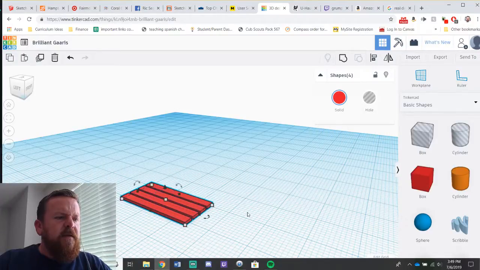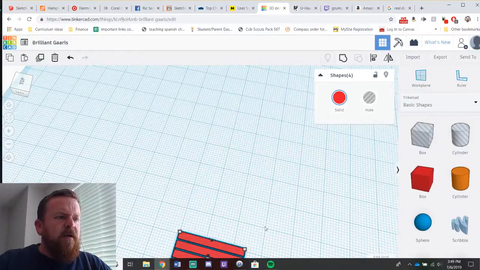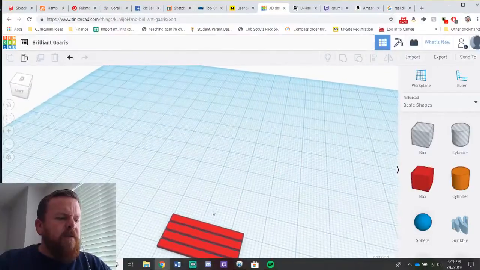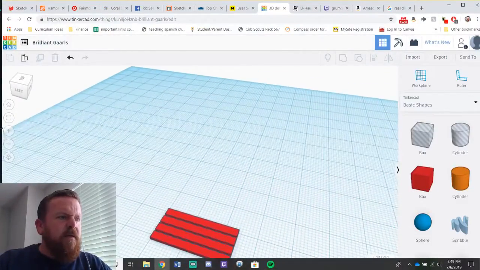Okay. A little far. So I don't know the camera. Click shortcuts. So you want to move.